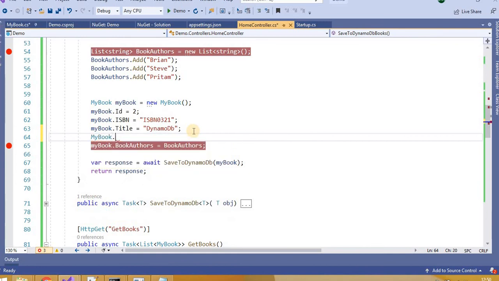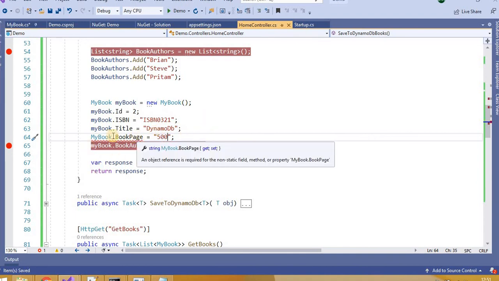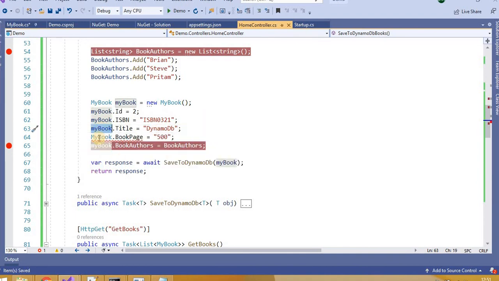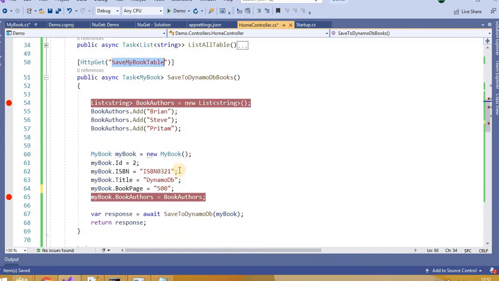My book page, a string value of 500. Now let's try to save the my book table, because our existing table contains only 4 columns. Now what will happen if one more column is there?